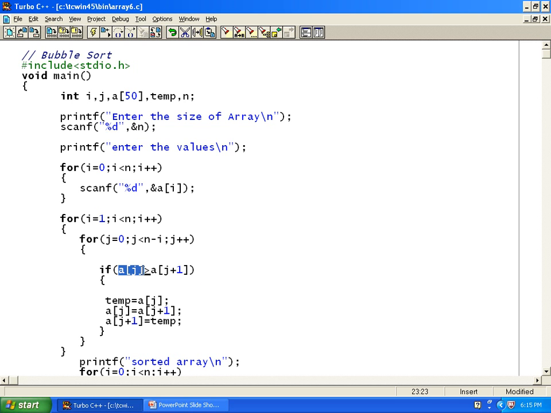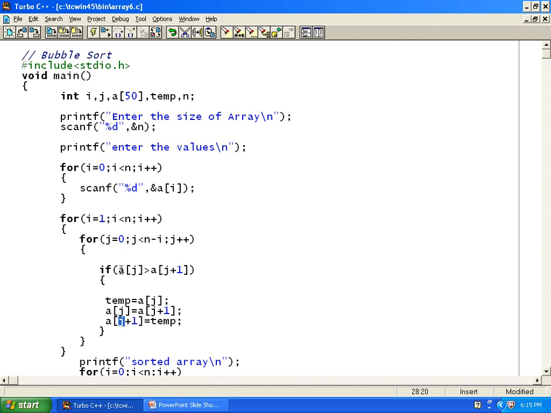If the first value is greater, it exchanges the first value with the second using a temp variable. We put the first value inside temp, put the second value in the first location, and then from temp put it into the second location. We'll see exactly how this happens when we execute.